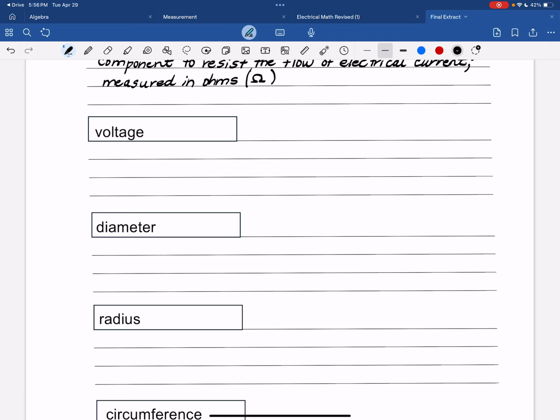And voltage. Voltage is marked by a capital E. Voltage is the pressure from a circuit or a circuit's power source. Sorry. You all know I can't talk and write at the same time. Power source that pushes charged electrons